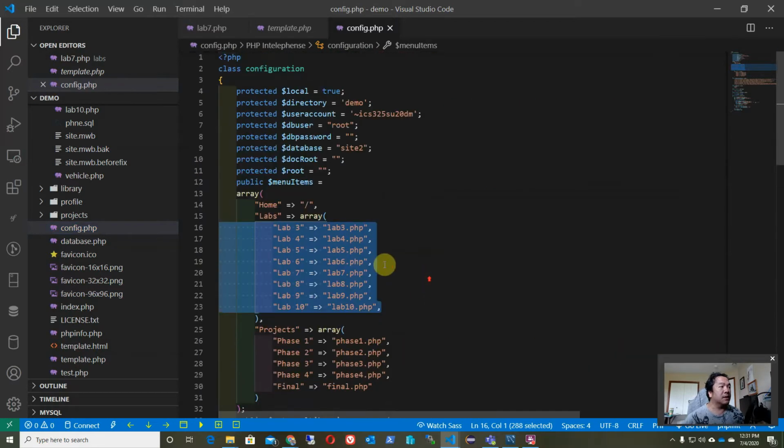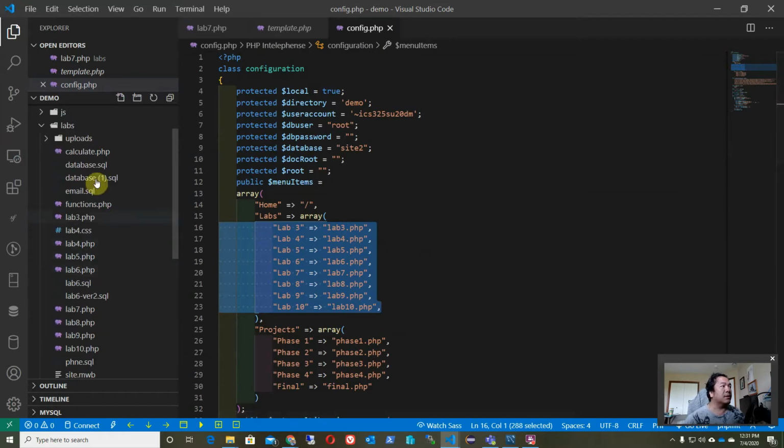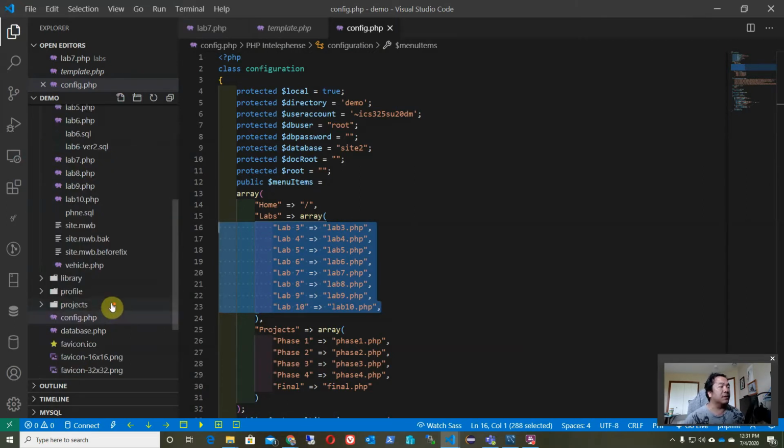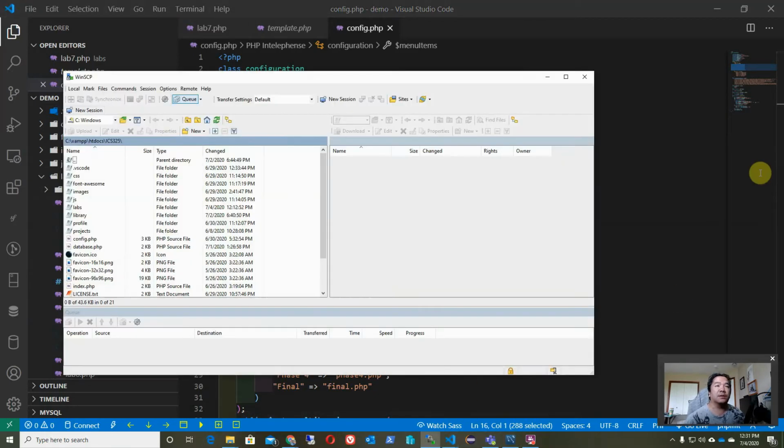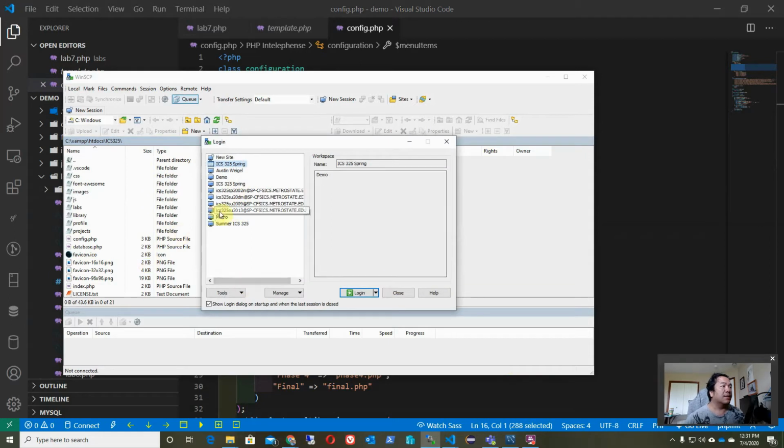Alright, so I basically extracted all my settings into this config PHP. Now, ideally, when you do it, and when you go to the server, you want to keep this file outside of your actual configuration, and this should reside somewhere along here. So, when I deploy it to the server, this config file actually happens to be